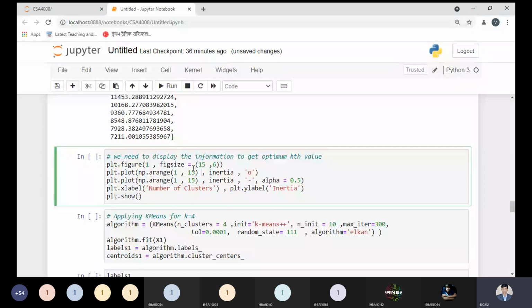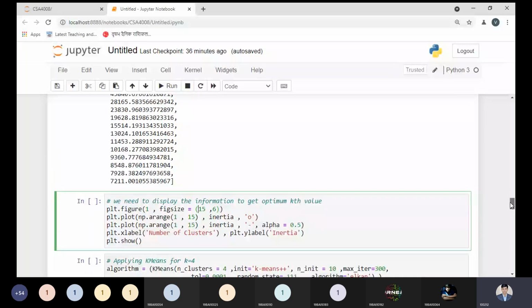See, at this point we are passing a total of 15. Why are we passing 15? Because the values will be arranged automatically, divided from the minimum to the highest value into six different scales or levels. It is decided automatically through np.arange. NP means the numpy aliasing variable. By using it we will arrange all the information from 1 to 15, and for inertia we'll use this symbol, and the other plot we will get by this one.